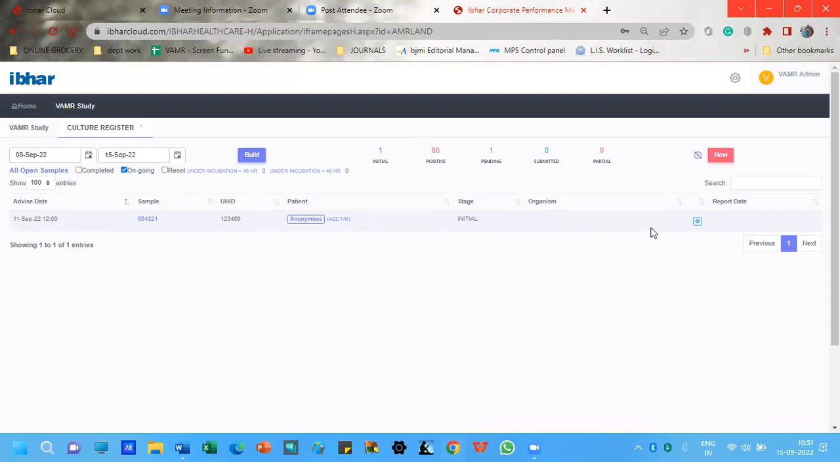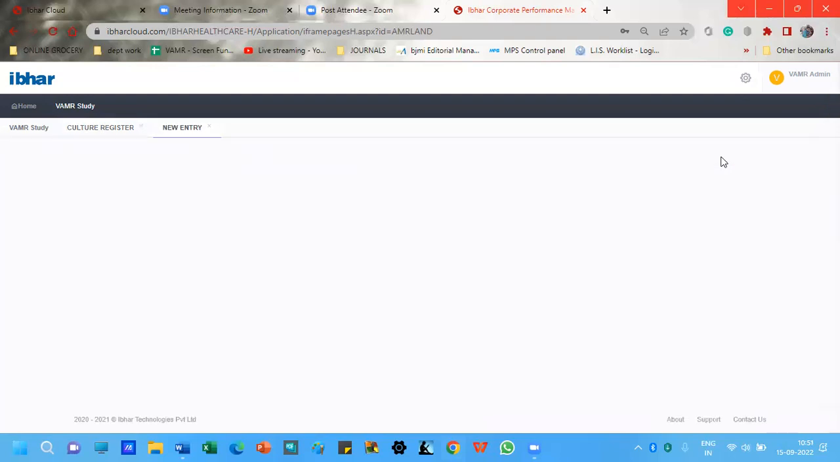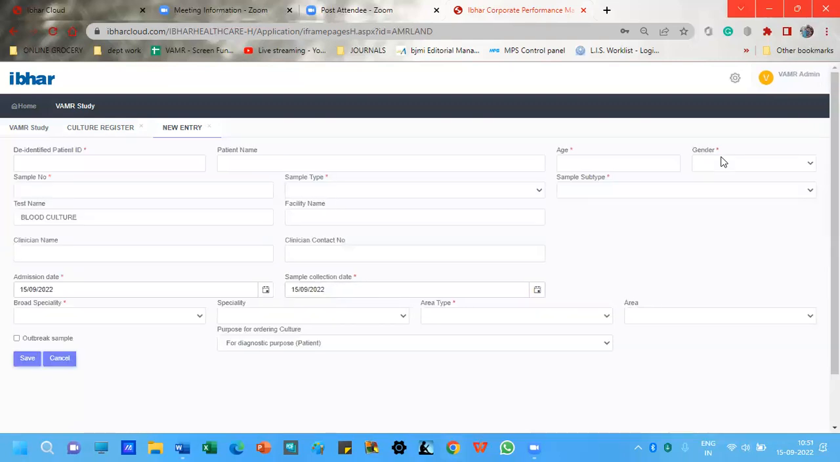Suppose those centers which are doing the manual entry, as in our case, many centers have agreed to do the manual entry. For them, as you can see, there is a button at the top here called new. What happens when you click on new? You can do a new entry. Suppose I'm going to enter a Vitek AST for some particular sample. So I click on new. I'll enter this information. You can enter the patient name, the age of the patient, the gender of the patient,